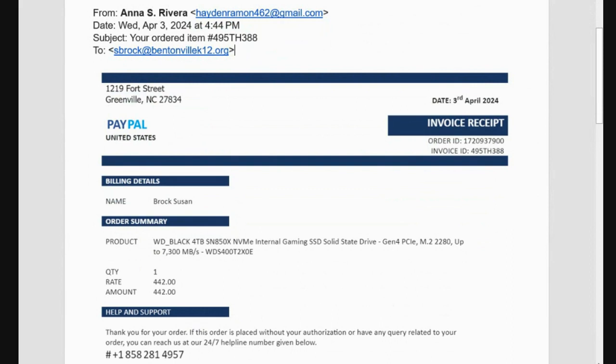Putting that plus in front of the 1. And by the way, I looked up that phone number, and that's a San Diego area code. San Diego. Yet it says that this invoice is from Greenville, North Carolina. Well, are you in North Carolina or are you in San Diego? What are we talking about? Anything else looks suspicious?